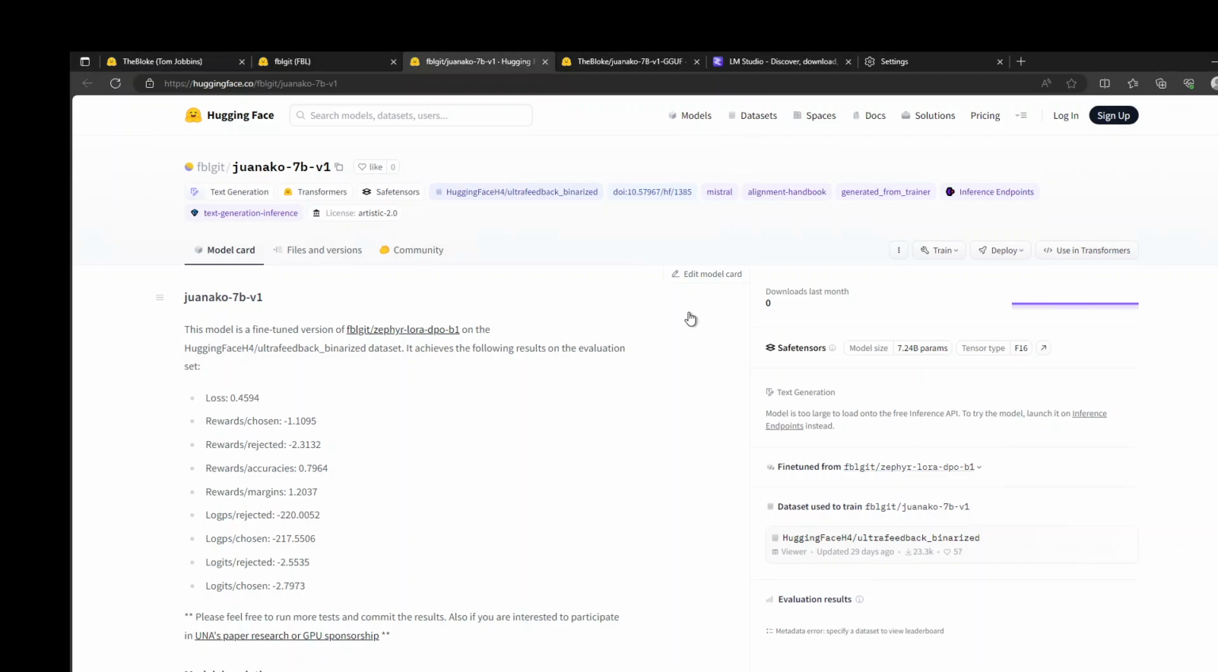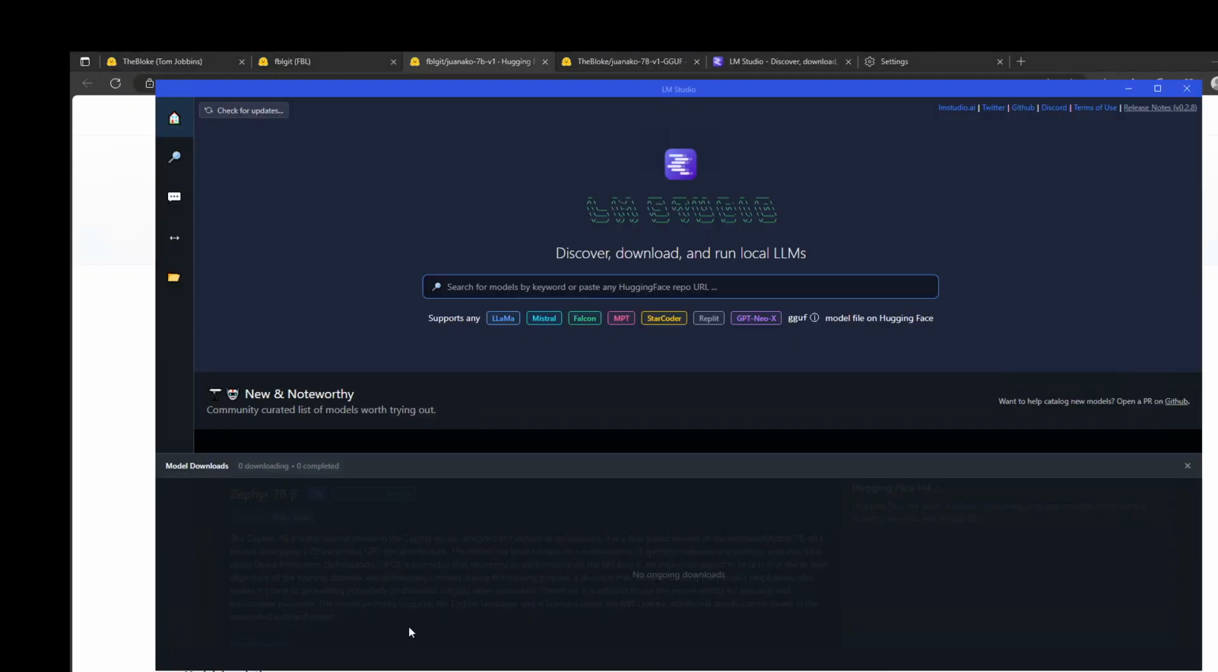The tool I'm going to use for it is called LM Studio. LM Studio is a very easy tool to run your models locally on your Windows laptop. And if you don't know what LM Studio is and how to install it, then I will post the link to another video where I discuss it in more detail. Okay, now fire up your LM Studio on your Windows laptop, and then on the home page, just search for maybe Juanako,